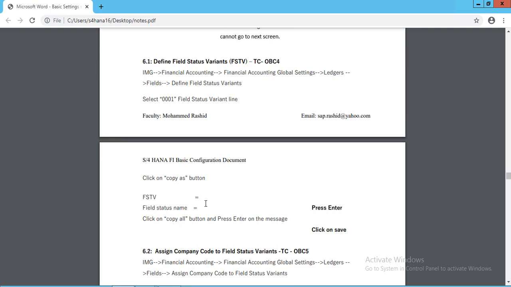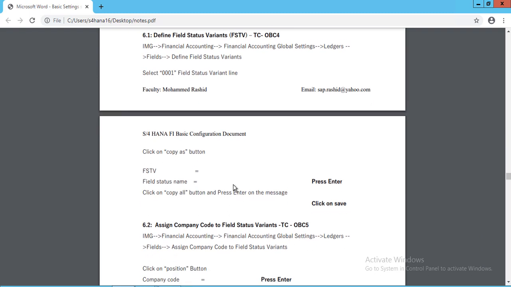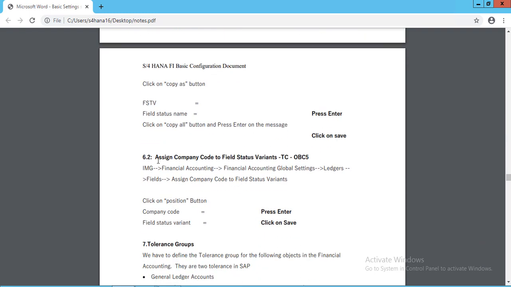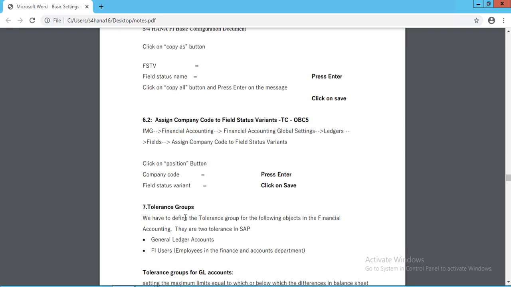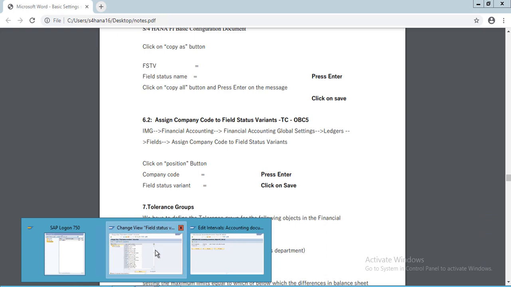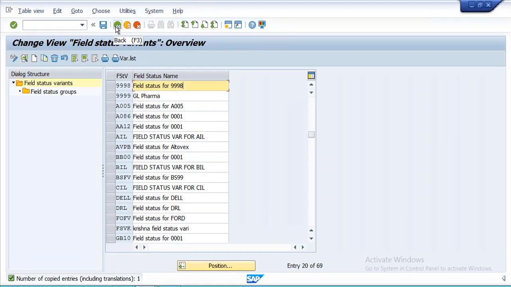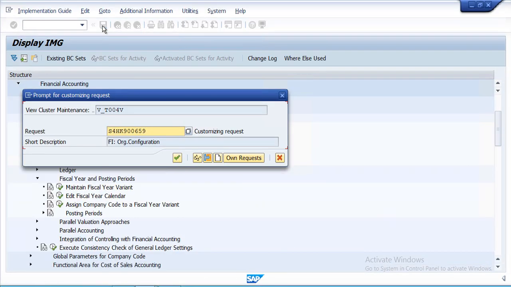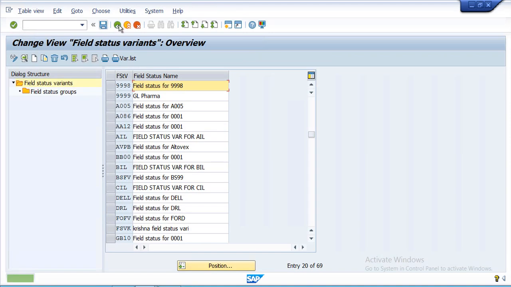Whatever the steps we are doing are clearly mentioned in notes. Next step is to assign company code to field status variant. Save this, back.